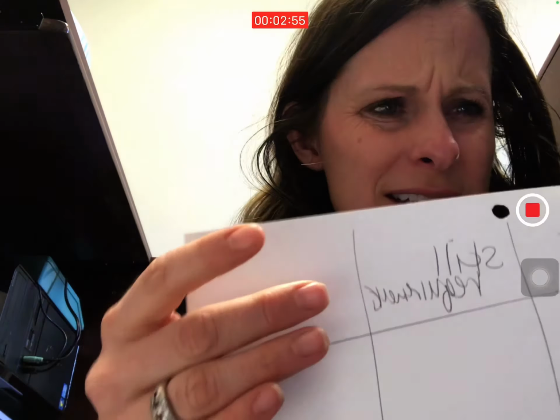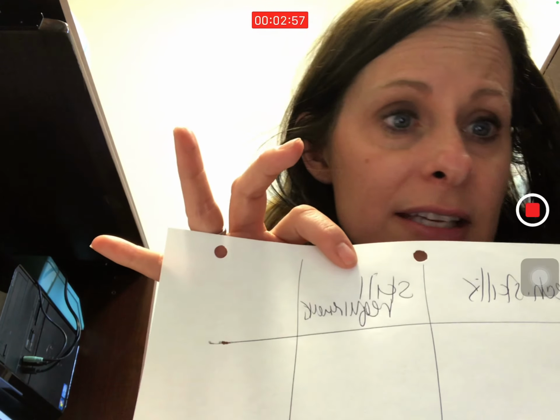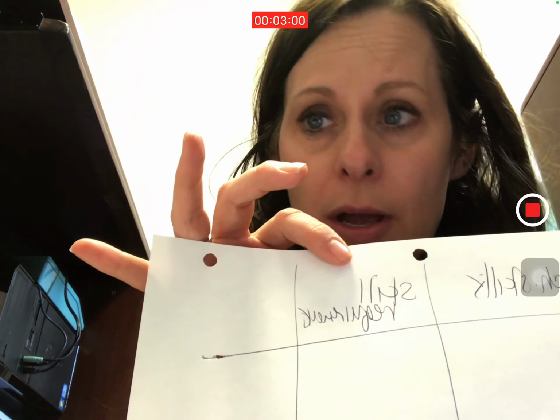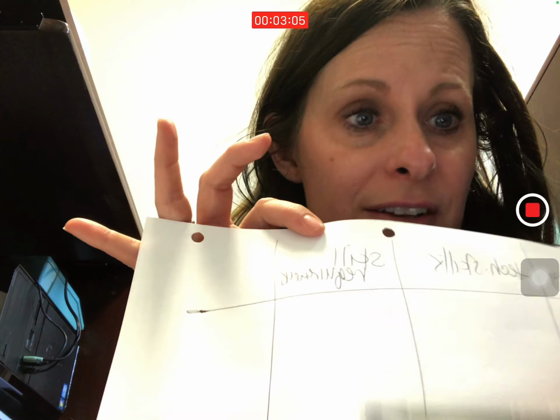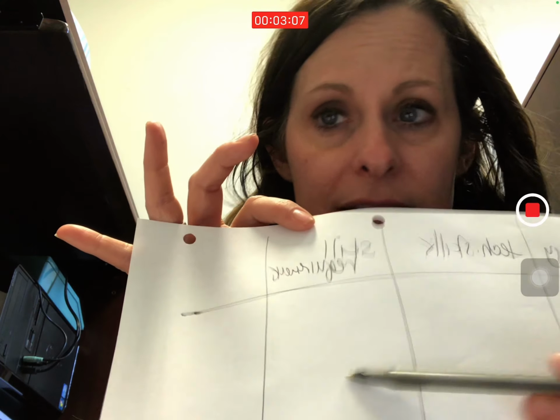So you're also going to be looking for technology skills. So as you take this test, what technology skills do your kids need to be able to do well on this test? And then you're going to go a little bit deeper and think of the skill requirements, like content. If you're doing a math skill, what all math do they need to know? If you're doing a reading or a writing or an English, what all skills other than technology do they need,